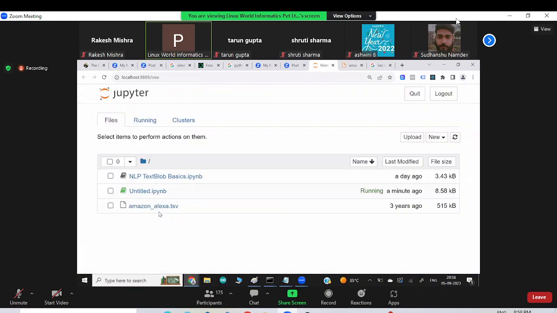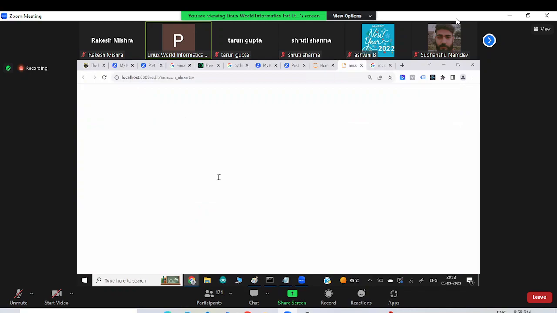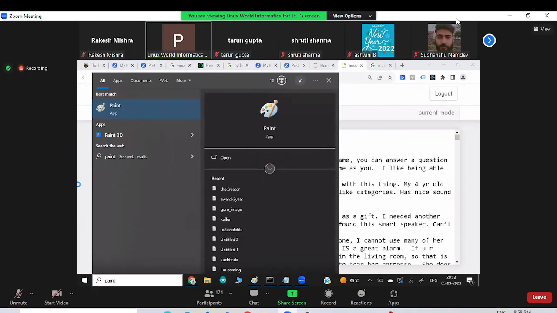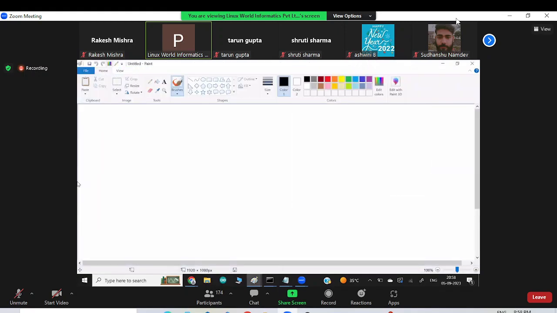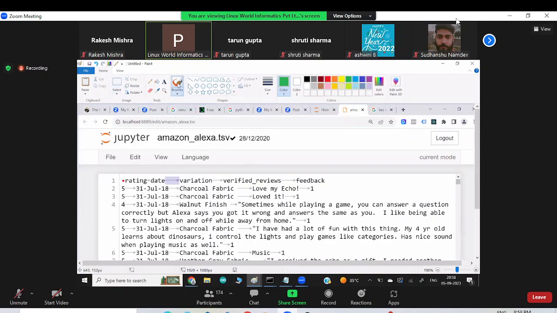So that file is actually a TSV file, not a CSV file.